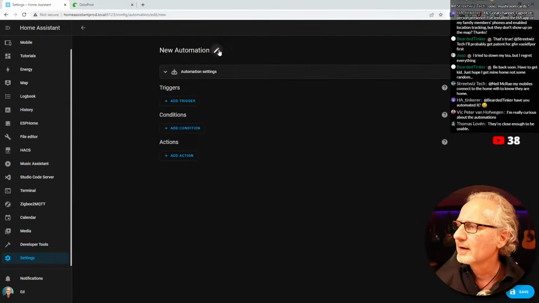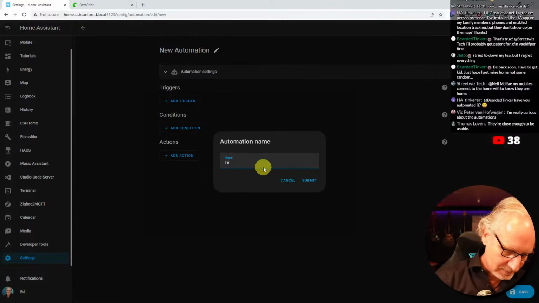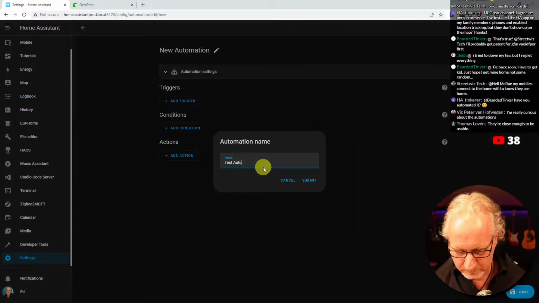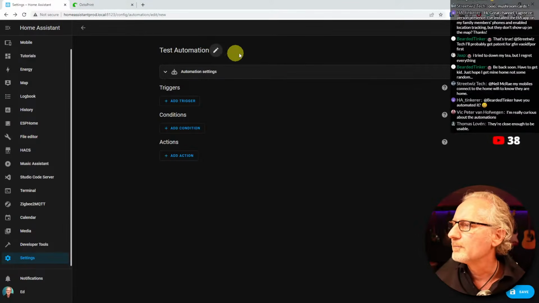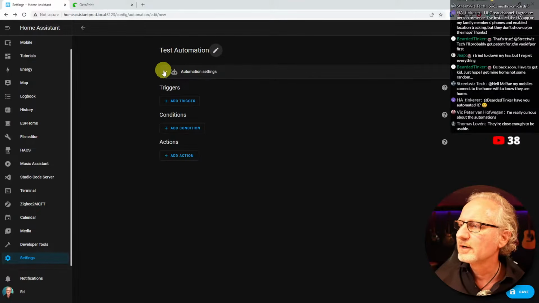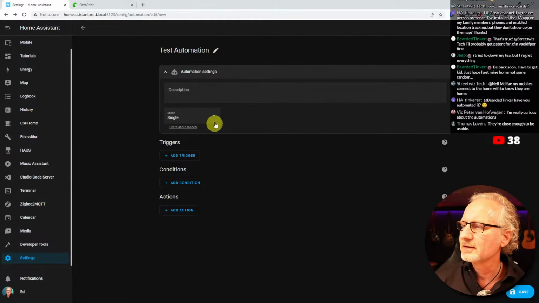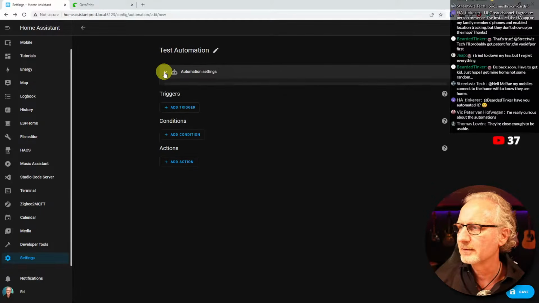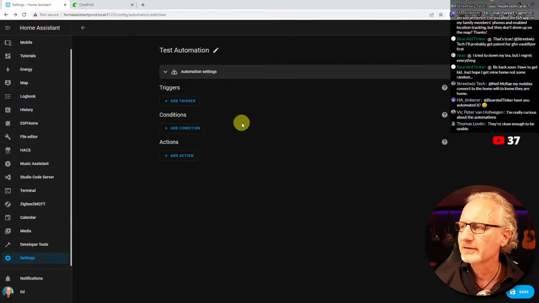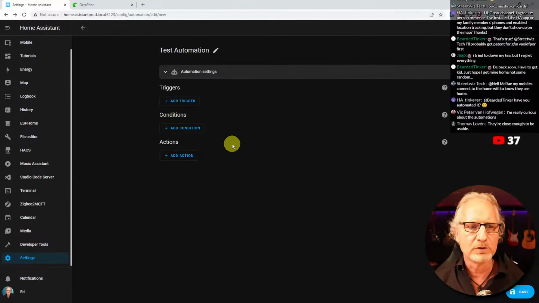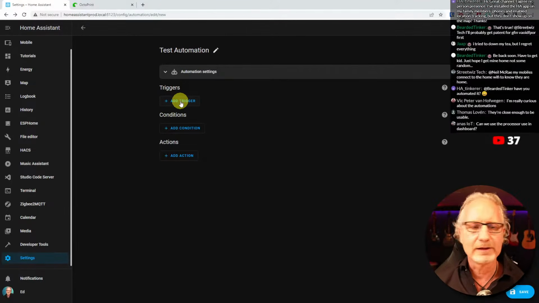So I can give the automation a name. Let's say test automation. So it now has a name. There are some automation settings here, the description and the mode. They were previously, I believe, always inside. So now you don't have them, and they don't take up much space. And now you can do multiple things. You can add triggers, add conditions, and add actions, and you can do multiple things in there. So if you click on add trigger,